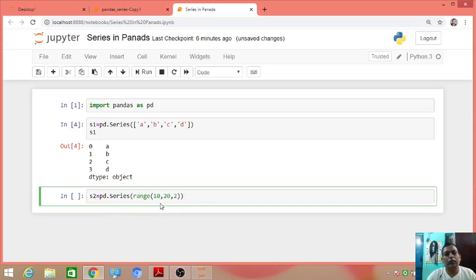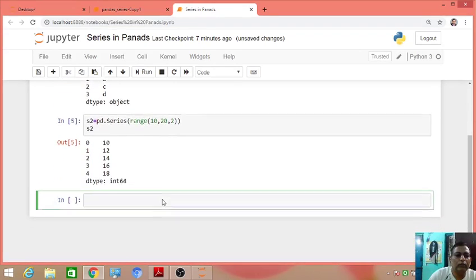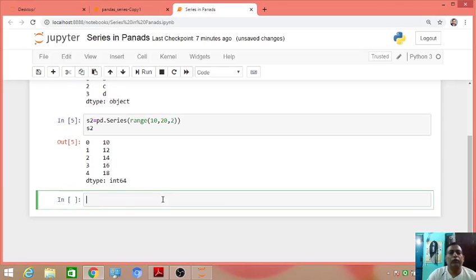Already you know it has three parts: start, stop and step. It will start from 10, go up to 20 minus 1, and 2 means alternate numbers will be generated. So just write S2 and click on run button. It will give you a series of range 10 to 20 as per this range condition.